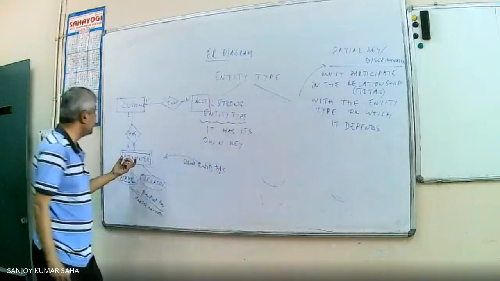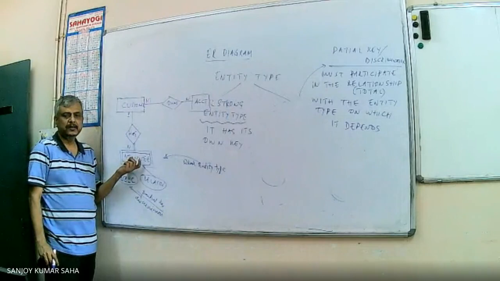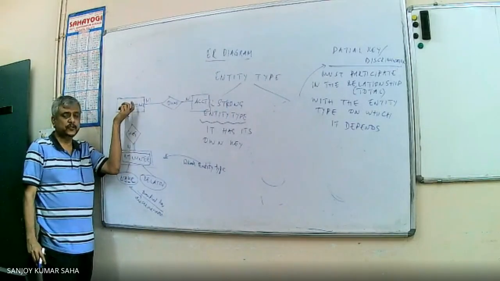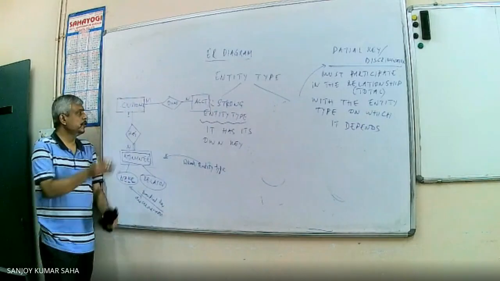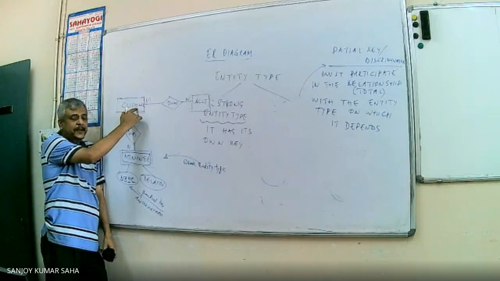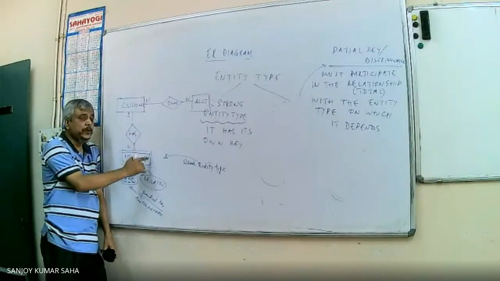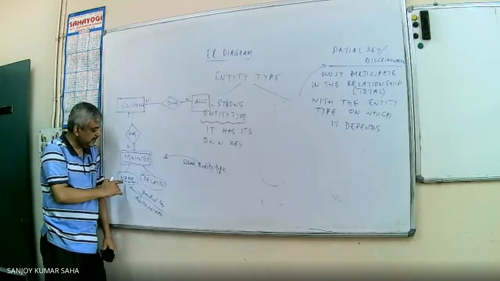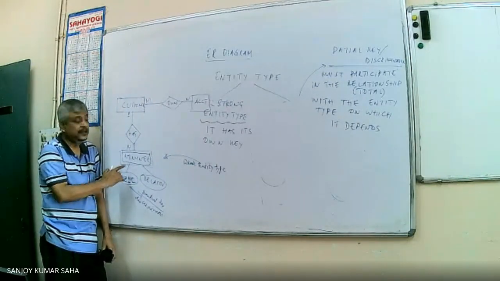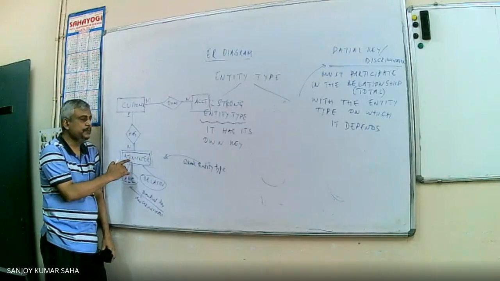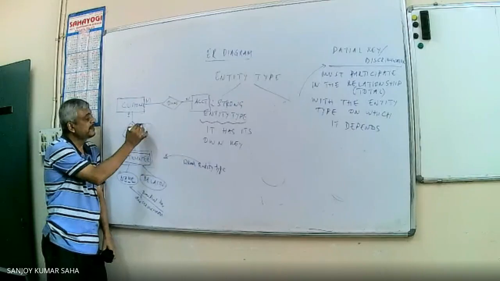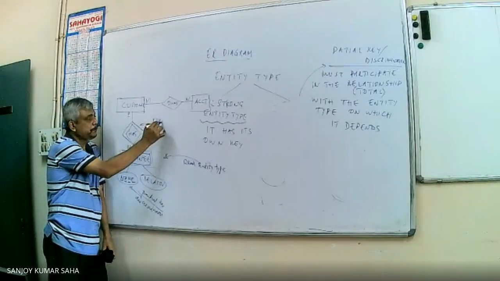So in order to identify a particular element here, first of all we have to know who is the customer. So on the corresponding side, if we get the particular element, then by the relation we can find a subset. Within that subset, using this partial key, we can identify a particular element in the weak entity type. So that's why this relation is known as the identifying relation.